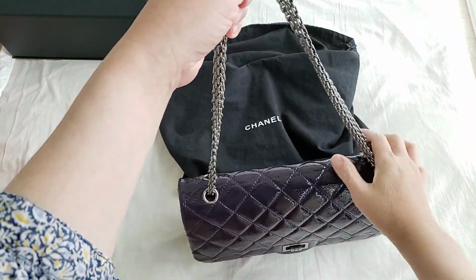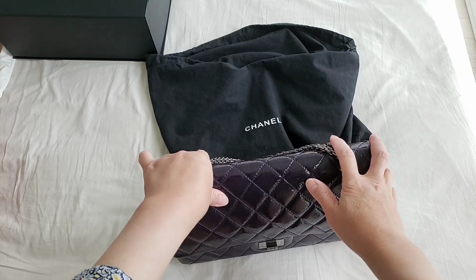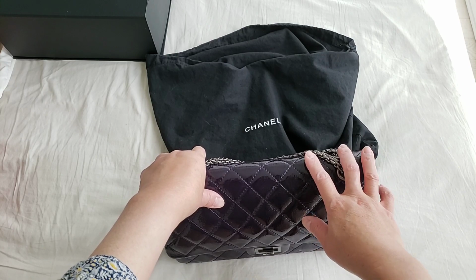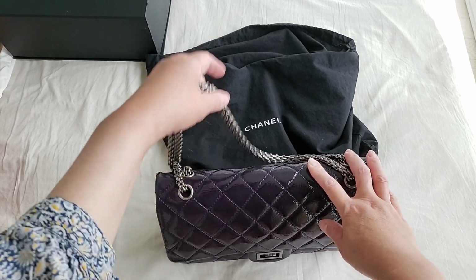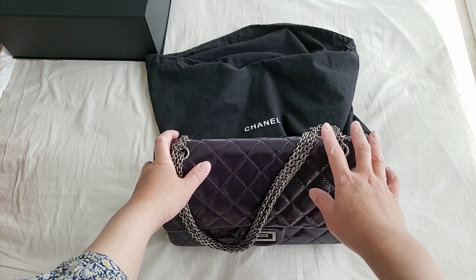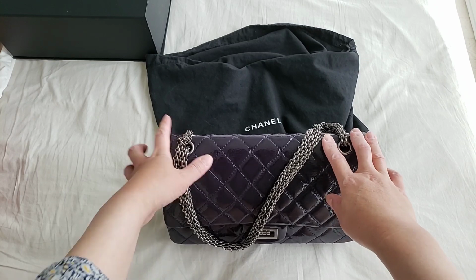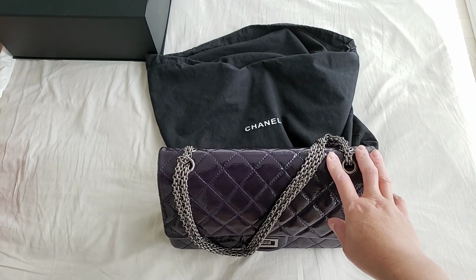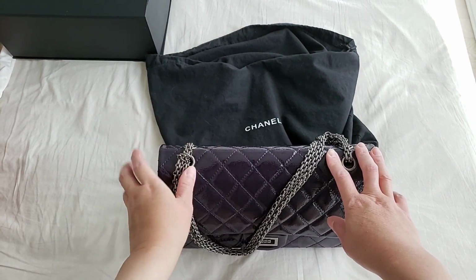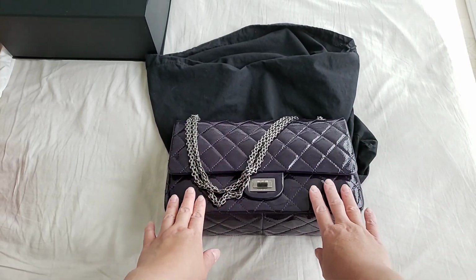I actually purchased this from Fashion File, and at that time I found that it was a very good deal because the reissue bag comes at a reasonable price. You can get a good deal with quite good conditions if you look through the pre-loved market for the reissue bag, but for some reason the reissue seems to be going up in demand this year, especially the mini reissues. So this was purchased last year when the price was still reasonable, and let me just